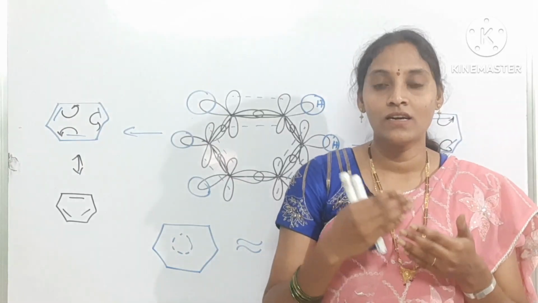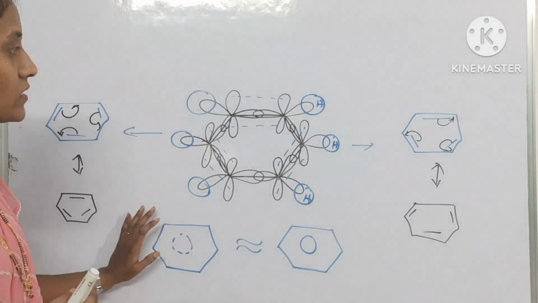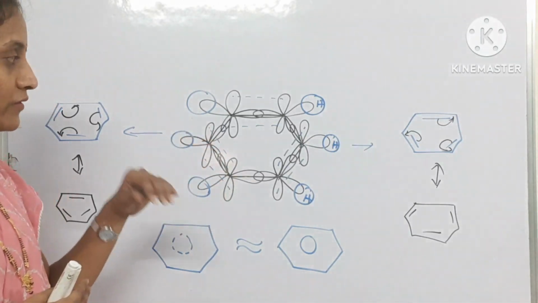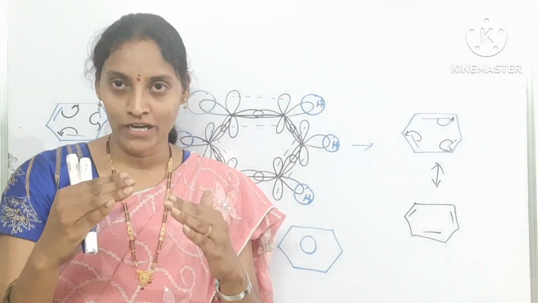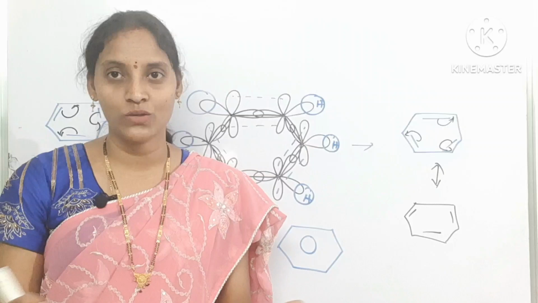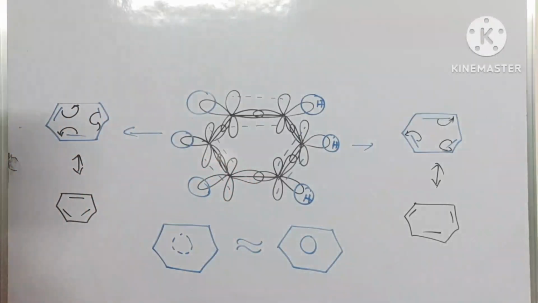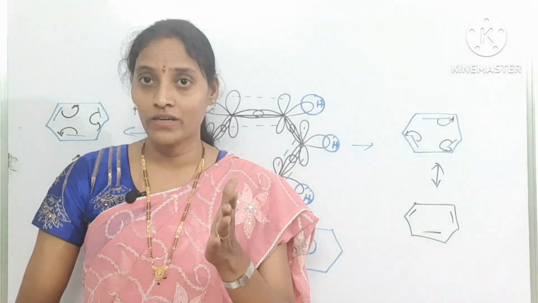This is the reason benzene can show these two types of structures. Because of this oscillating double bond nature, benzene can form only one ortho substituted product and one meta substituted product. Para will also be only one product. Okay. Then coming to why benzene can't